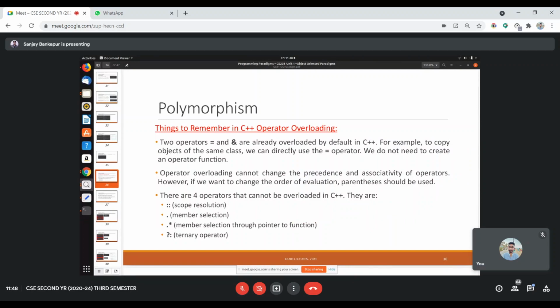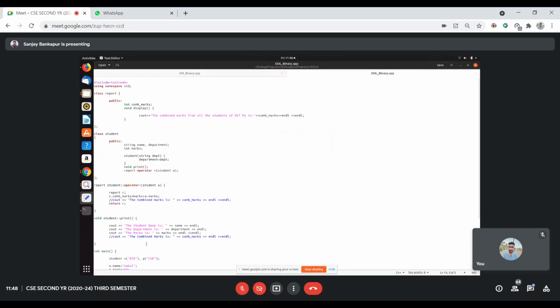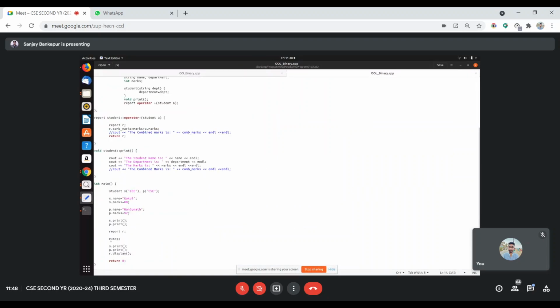Things to remember in operator overloading. Two operators, the equal sign and the ampersand, are already overloaded by default in C++. For example, the equal sign, as we just saw in this example, works for primitive as well as object data types, and also works for others.